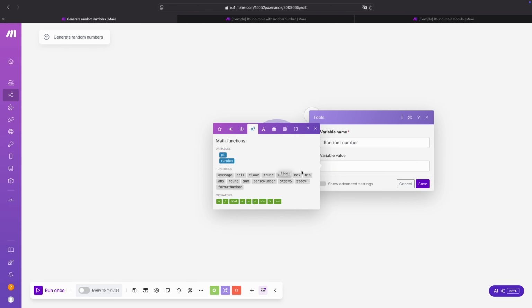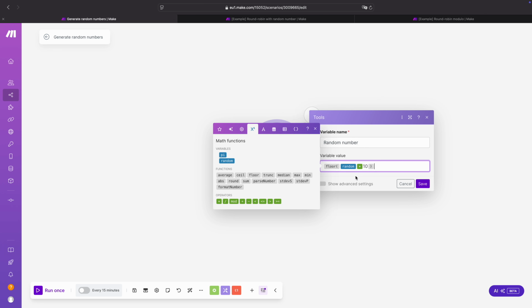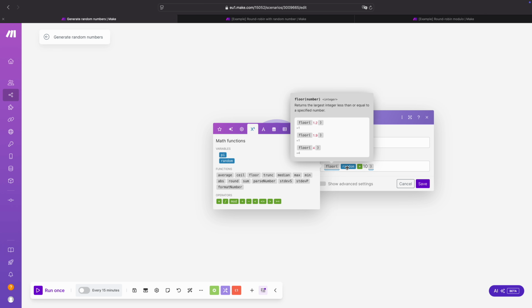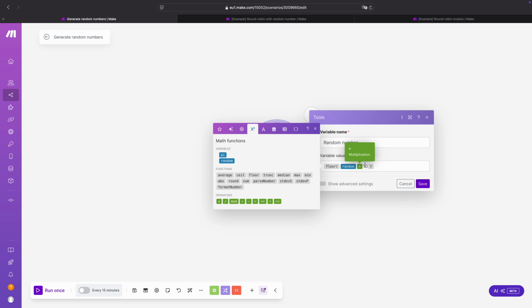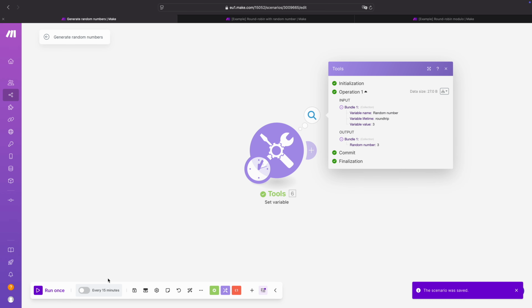So I'm going to drag this in here, and in between this, I paste what we had earlier. So now we have floor of random multiplied by 10. I click save and then save again, click run once. And then you see now that we have a random number. Every time it will generate a different number. But as you can see over here, it will include the number 0 and it will not include the number 10.